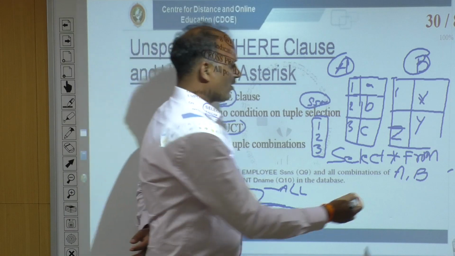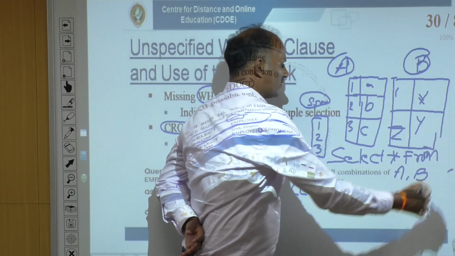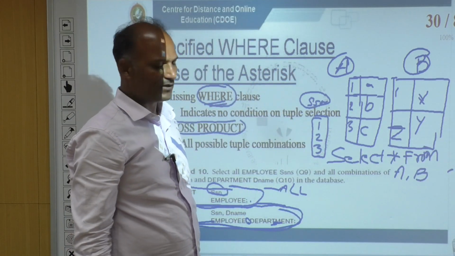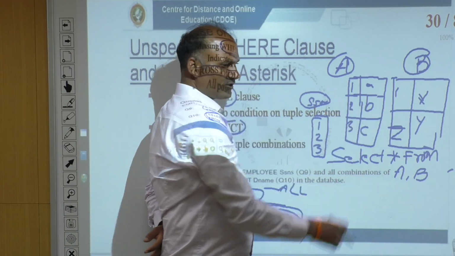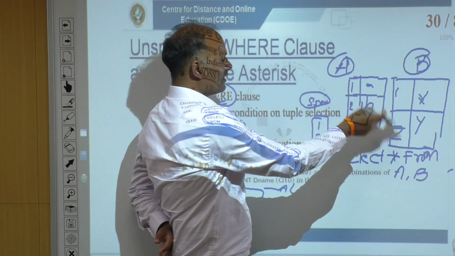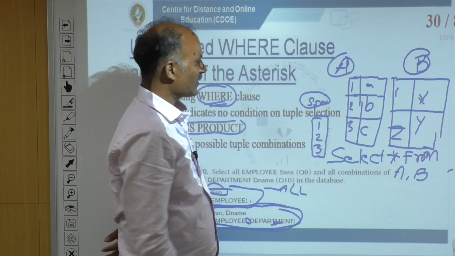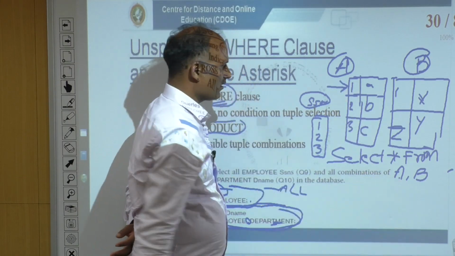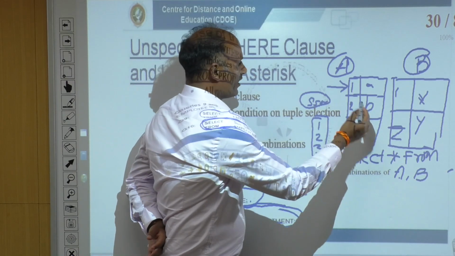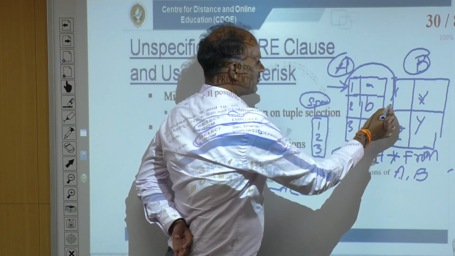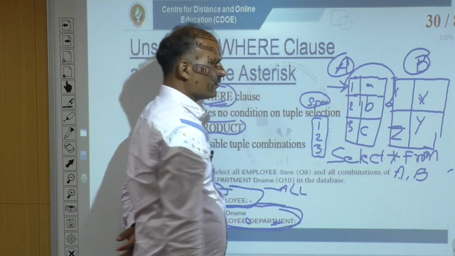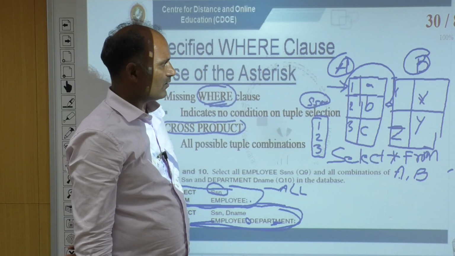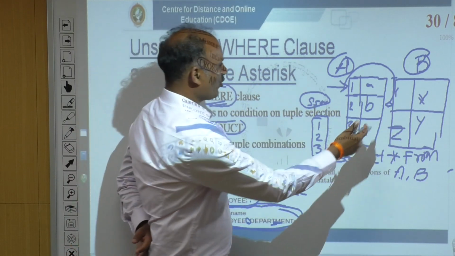is the Cartesian cross product of these two. Then what is the cross product of these two? Every row of table A will be matched and displayed with every row of the second table. So, it means the output of this